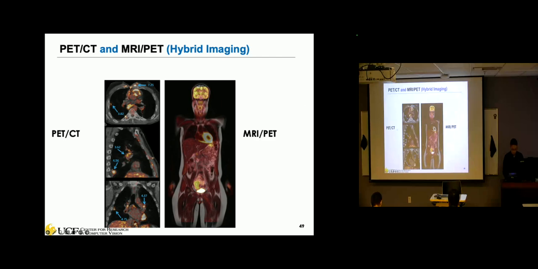And this is the MRI and PET scan, or PET scan and CT scan together, right? So they can do this kind of hybrid imaging. As I mentioned, sometimes you're not just interested in the structure of the body, but you also need to analyze the function, right? So then you can use both imaging modalities and register them, right? Basically, you can overlay them together, register to the same tissue, and you are not only able to see the structure, but also analyze the function, okay? On the left side is PET and CT. On the right side is MRI and PET scan, okay?